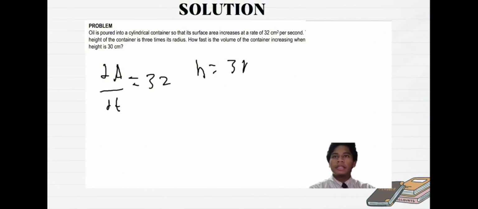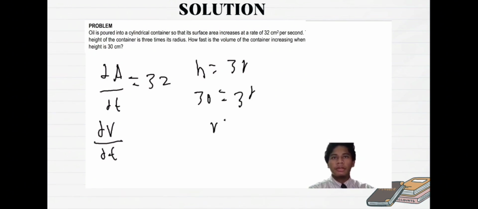From that sentence we can infer two things. First, the question wants dV/dt, and the height needs to be 30 centimeters. So we plug that number in to find the radius. 30 over 3 gives r equals 10. Now, to get dV/dt,